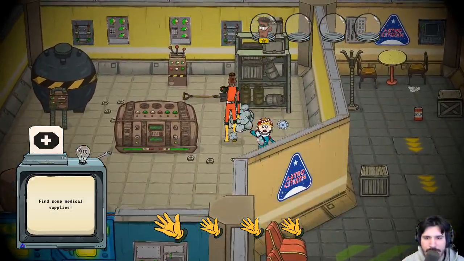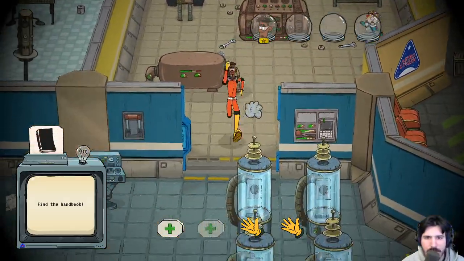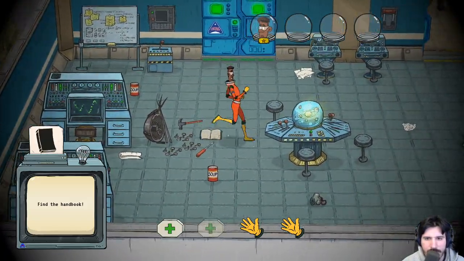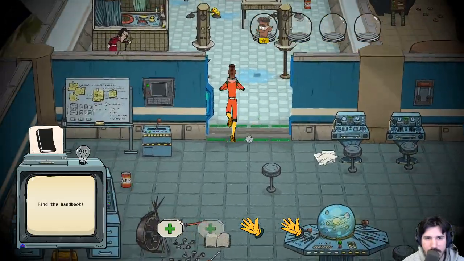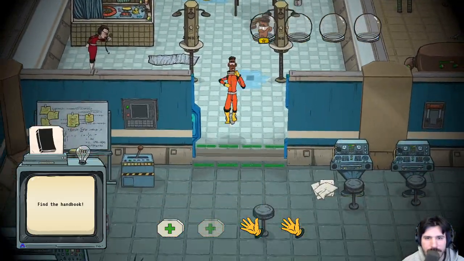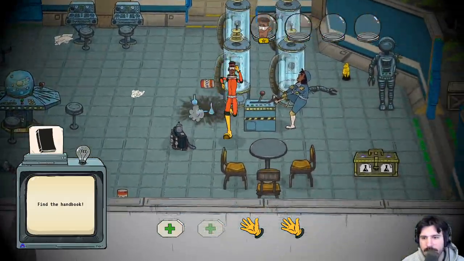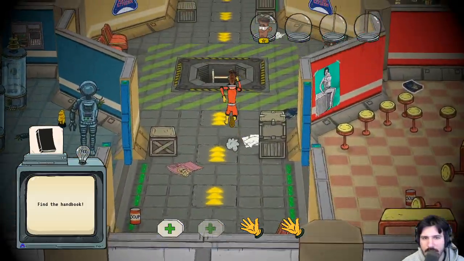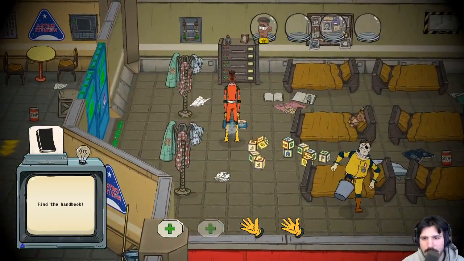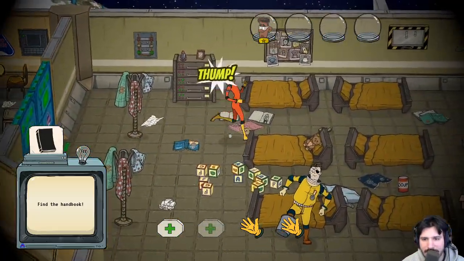Oh, there's some. Find the handbook. A ray gun. Reagan. The actor? Is that the handbook? Oh no, that's...